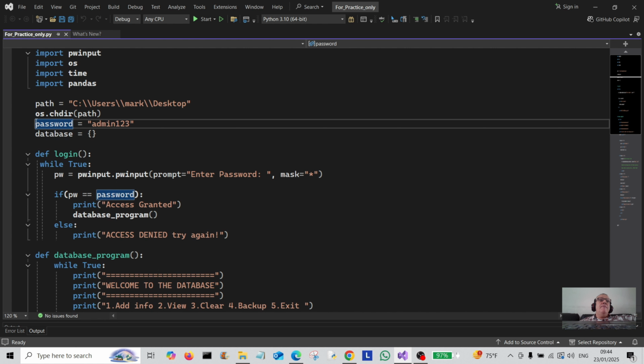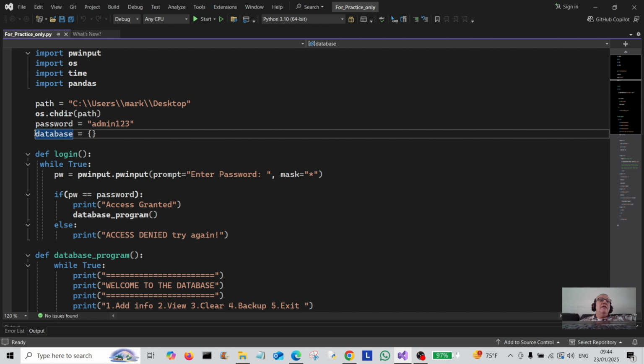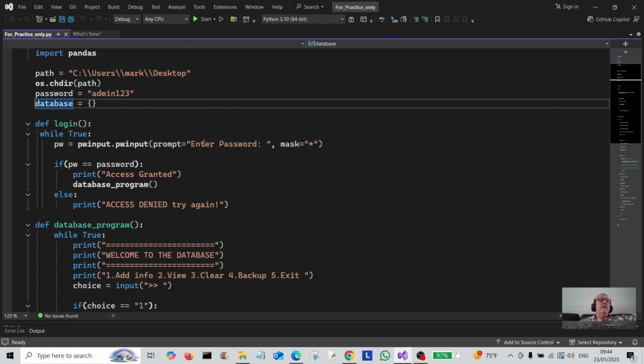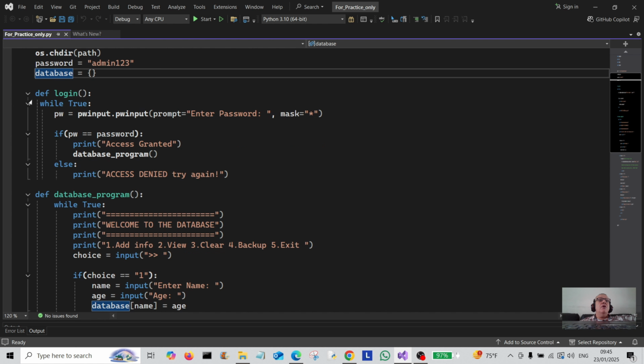Then I'm going to create a password here. This is a variable which is going to store this password, admin123. And then next, I'm going to create a variable called database and assign it to a dictionary here. Okay, so we go down first of all onto the login program, and I'm going to use the while